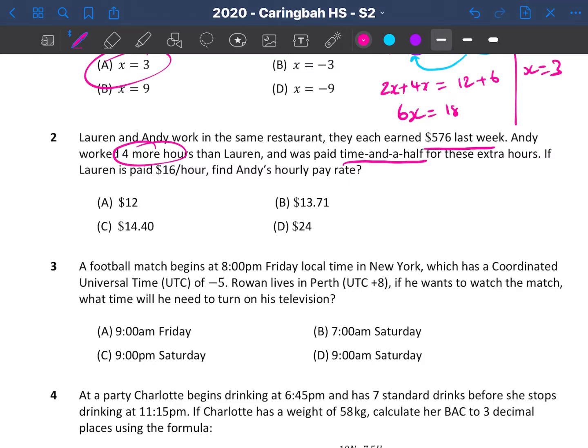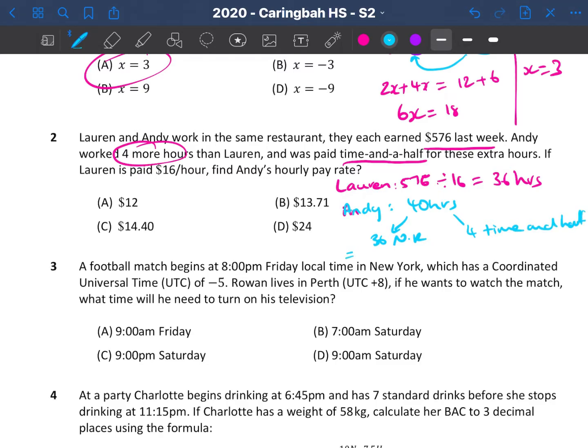Okay, so let's first start with and find out how many hours Lauren worked. So for Lauren, she got paid $576, and she gets paid $16 an hour. So that leaves me with 36 hours. So Lauren worked 36, leaving Andy, and I'll use a different color, leaving Andy to work 40 hours. But of these 40 hours, remember 4 of them were at time and a half. So that means he worked 36 hours at a normal rate and 4 hours at time and a half,